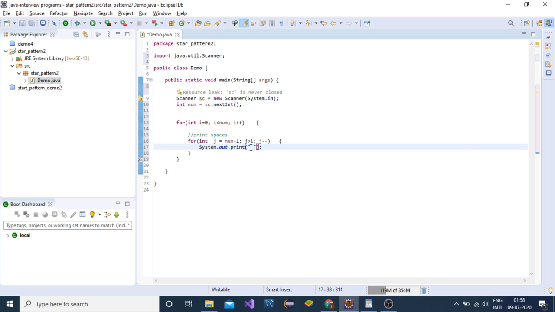We will remove ln because we do not need it.